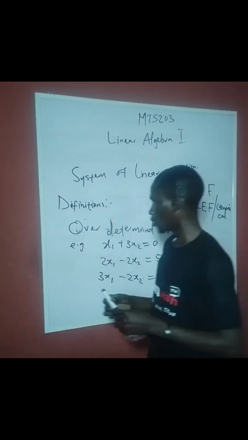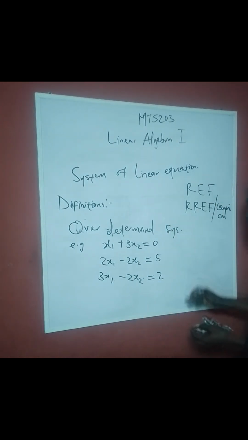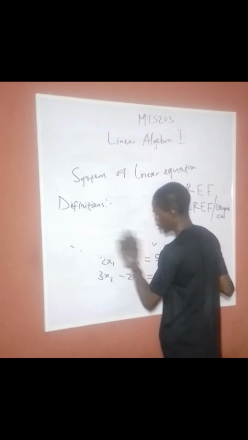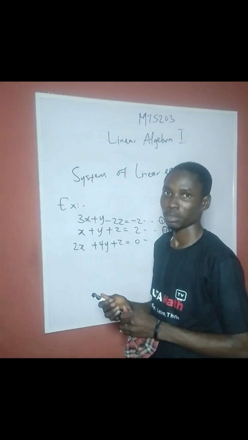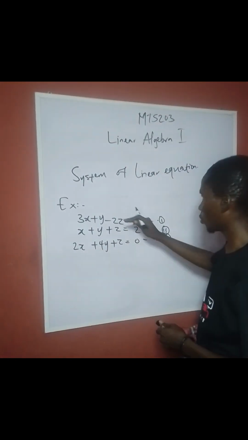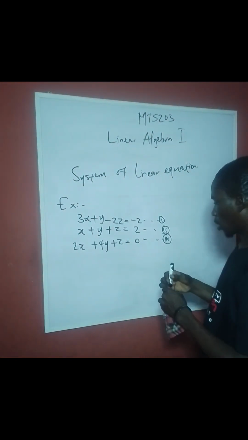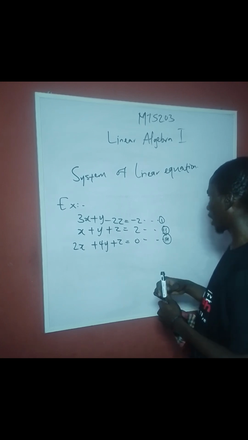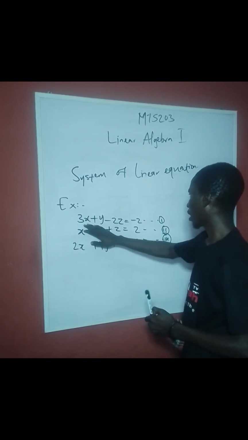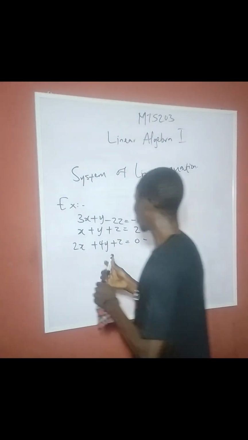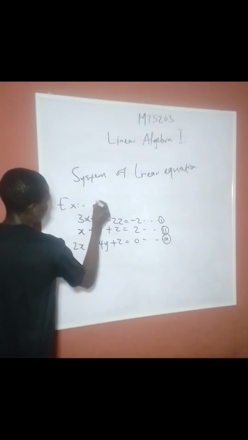We'll get there. Let's treat one example. This is an example of a system of linear equations. How do I know that it is a system of linear equations? I can see that I have my unknowns and my equations. A system of linear equations can be represented in this form,